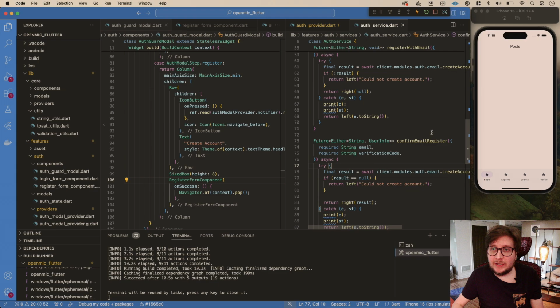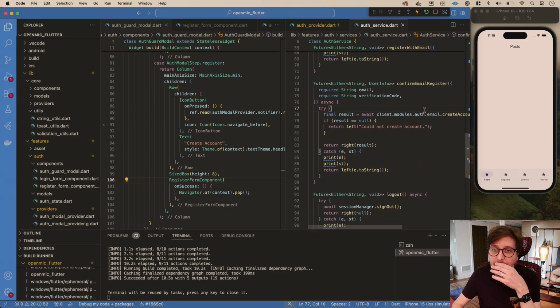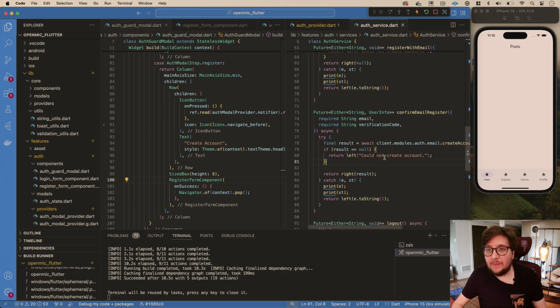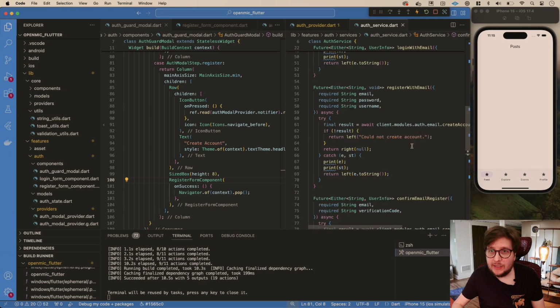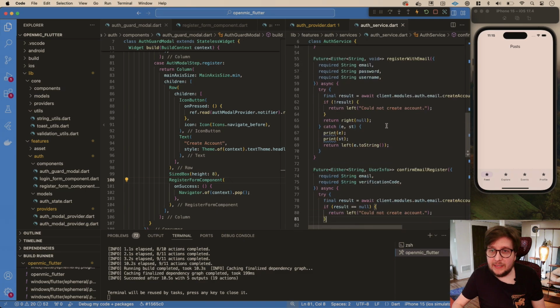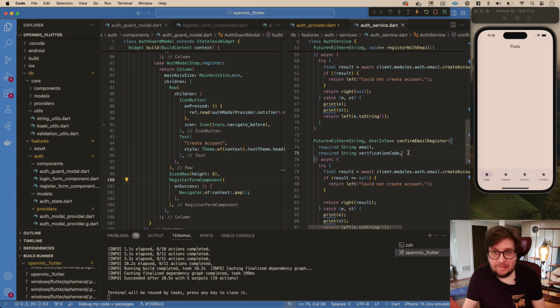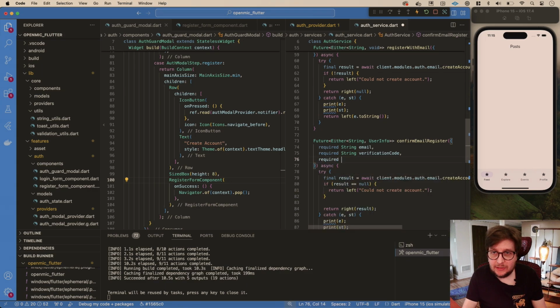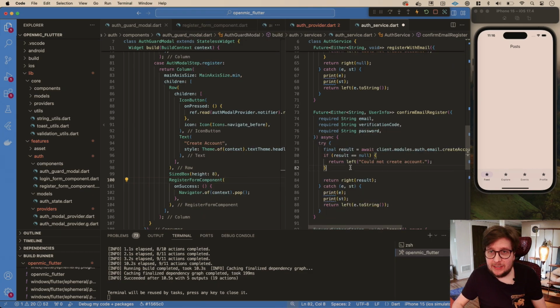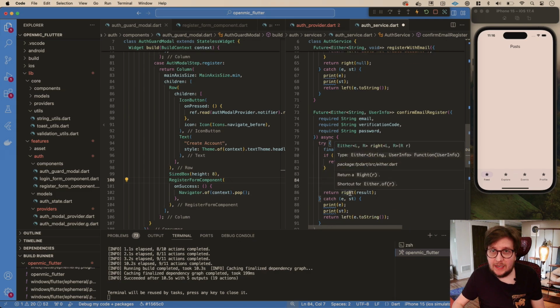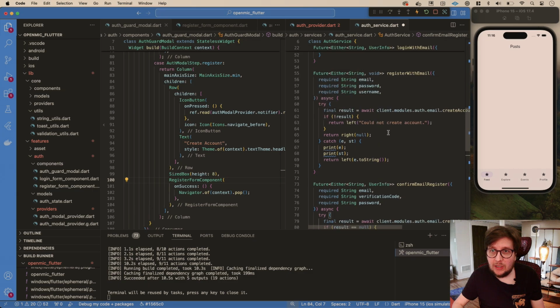Okay, so essentially what we need to do in our auths, possibly in the service, okay, so we confirm the email. What does this get us back? We have an email, but we don't have the password. Register with email. I think I'm going to require the password to get passed in here too, which seems weird. But then what it will allow us to do is, assuming everything went correctly, we can actually call our